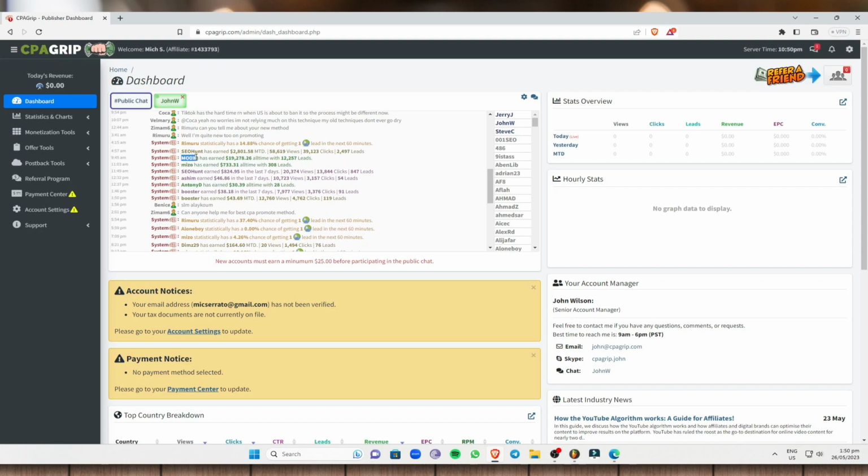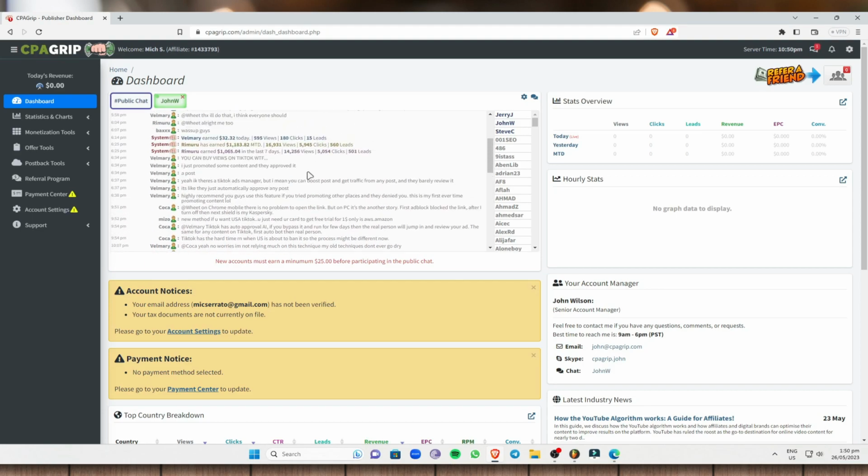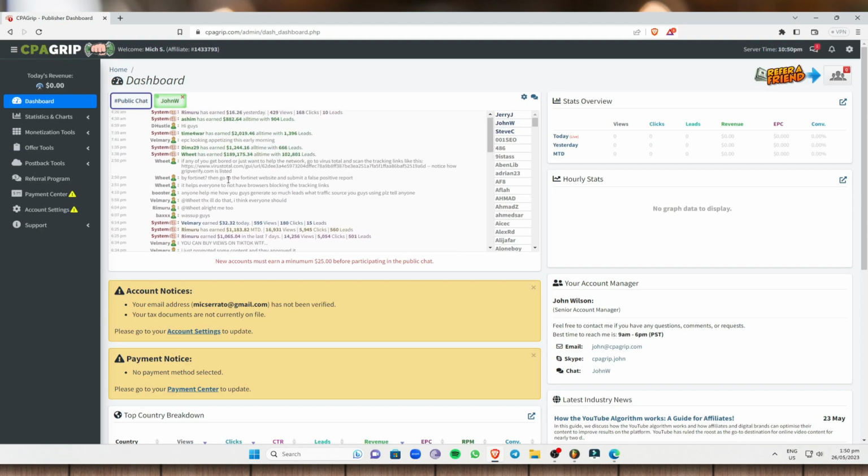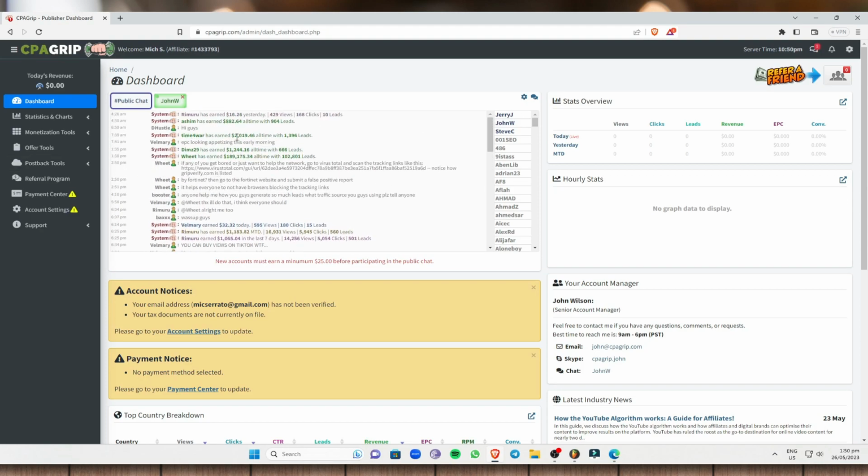Another one, Mod X 3, has earned $19,278.26 all time with 12,257 leads. So as you can see, CPAGrip is very legit. So for those of you who are asking, CPAGrip is legit. And to get started, all you have to do is go to offer tools right here and